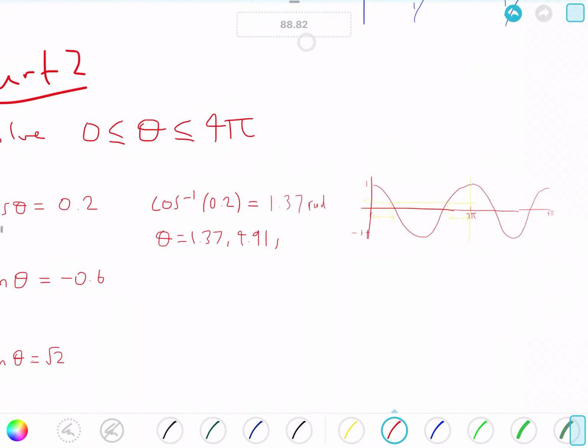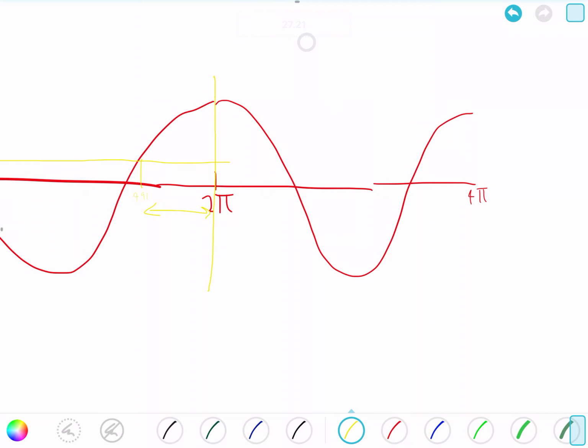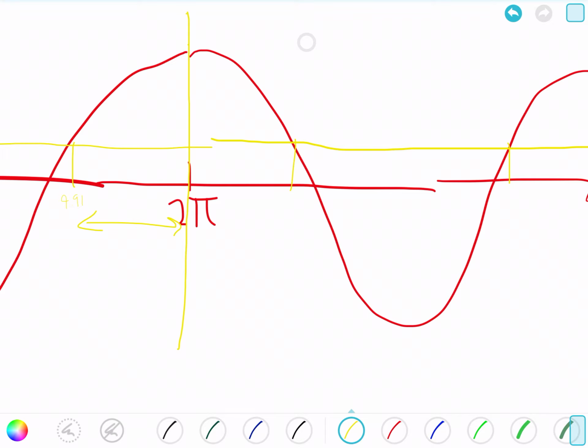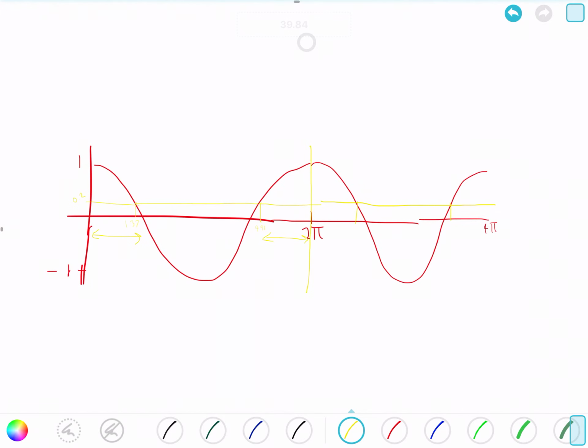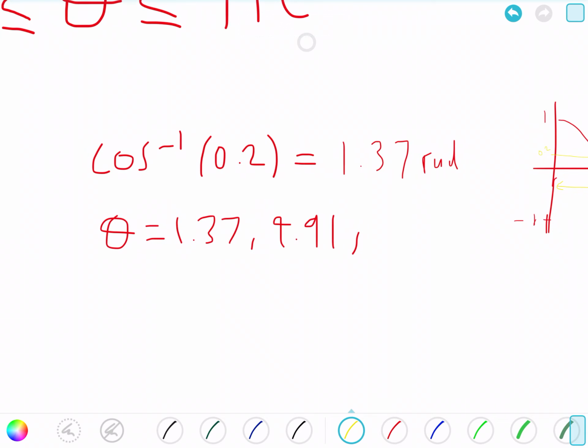And now, because the graph keeps going on and on, all the way up to 4 pi, we have to find 2 more solutions. But it's not that difficult because you get one here and one here. But because it's just a repeat, it repeats after 2 pi, all you have to do is add 2 pi onto both of the solutions you've already found, and you'll automatically get those 2 missing solutions. So I'm just going to take 1.37 plus 2 pi, 7.65,